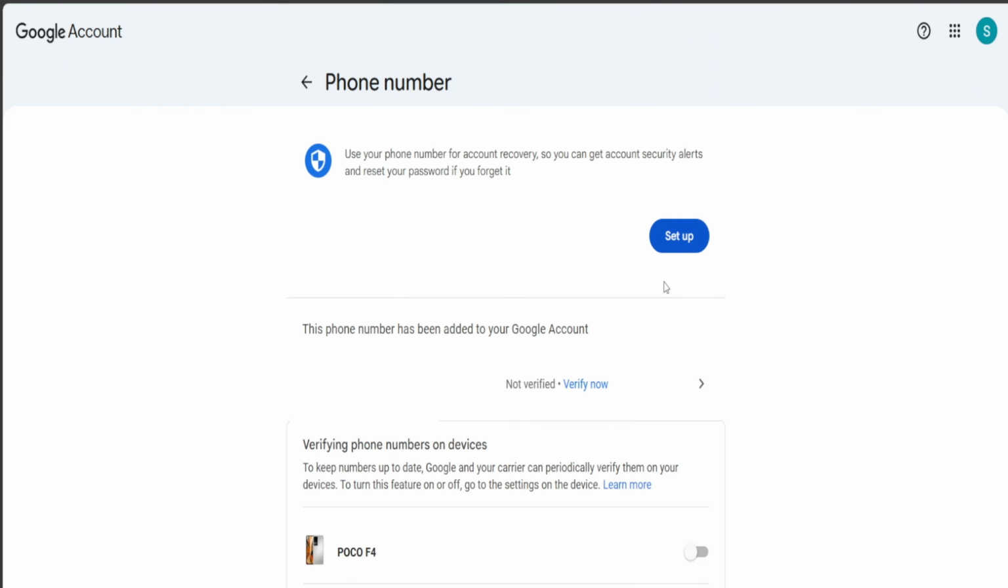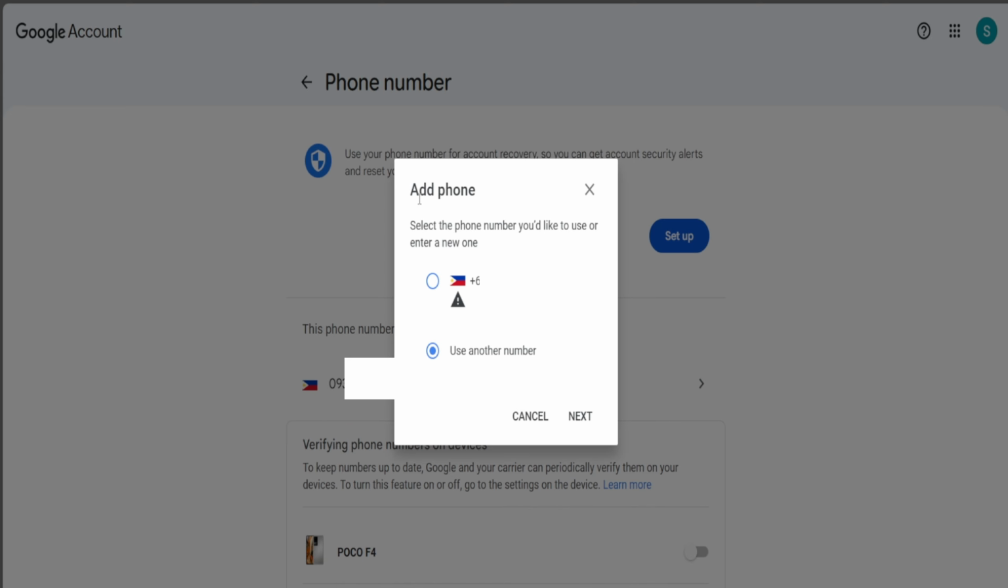Now we should be able to change our phone number by deleting the number that was already existing in this account and just getting this new option, which is the setup option. So just go ahead and press on setup and we can pretty much just decide to add a new phone. So over here it says to select the phone number you'd like to use or enter a new one. So if there was already an existing number, you could go ahead and choose that. But in our case, we're going to choose the use another number option and then just go ahead and press